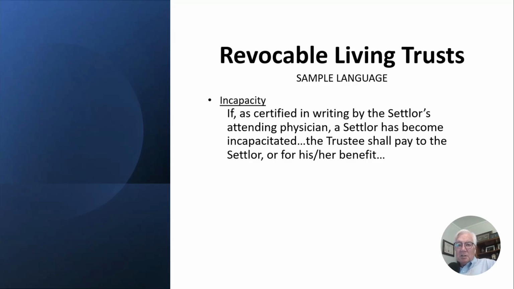And that's the other point, is that just because somebody becomes incapacitated doesn't mean the trust is now for somebody else. So you beneficiaries out there ought to know that when somebody becomes incapacitated, those assets in that trust are for the settlor's benefit. So I'm going to end right here and take up next time as to what happens